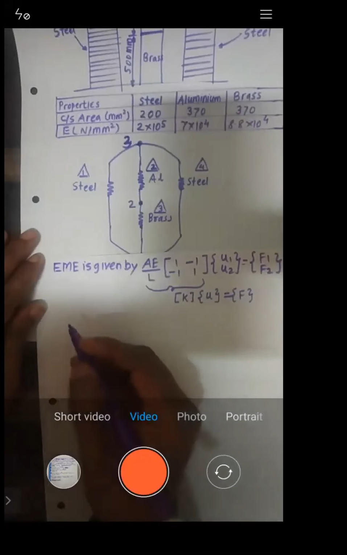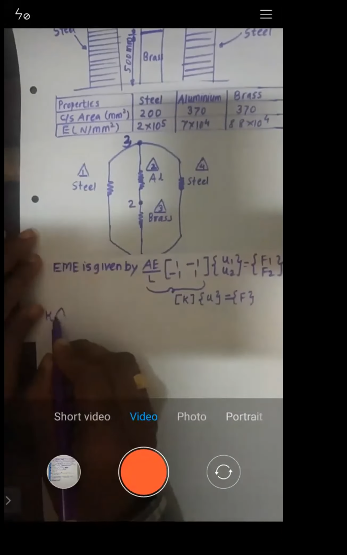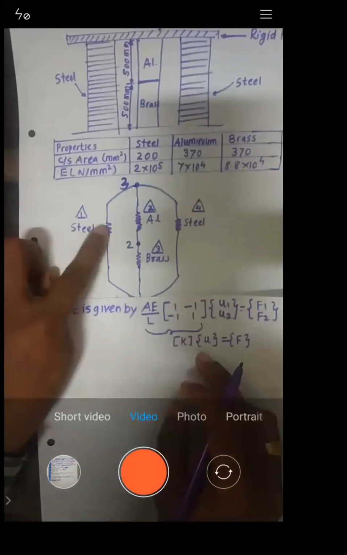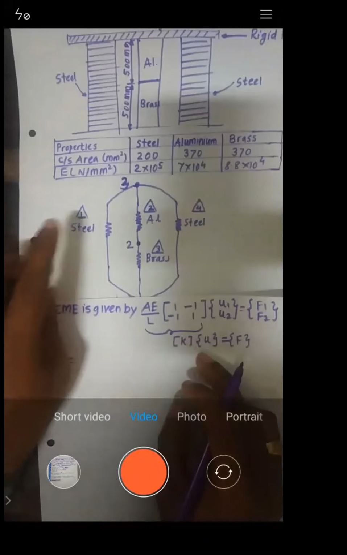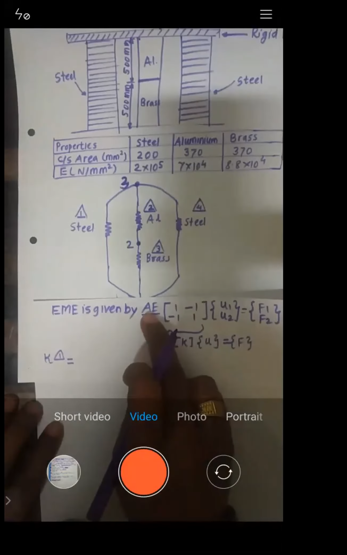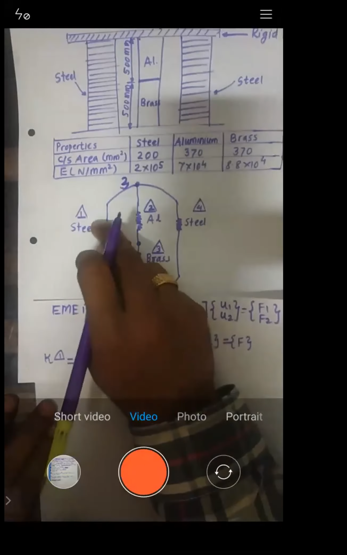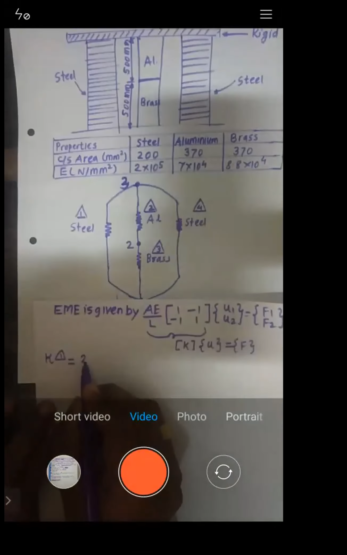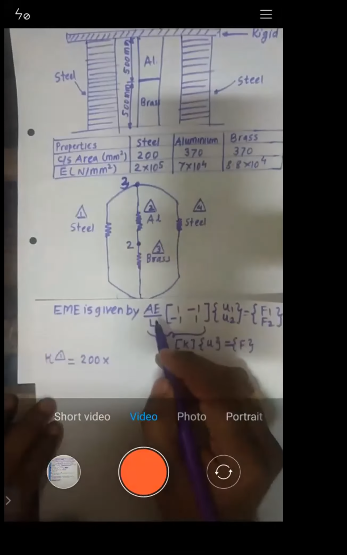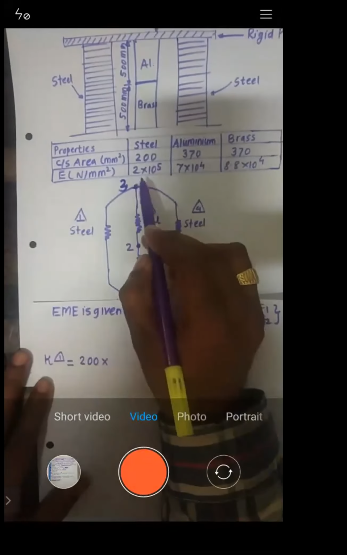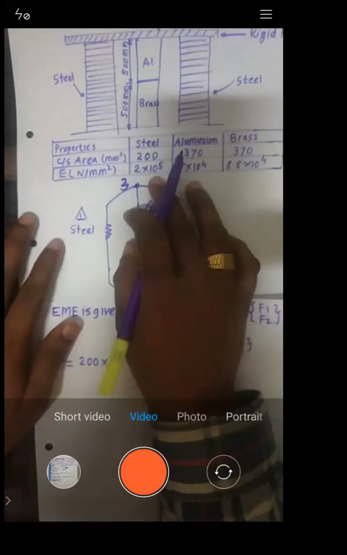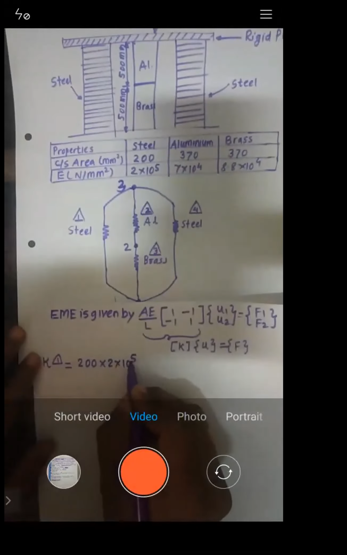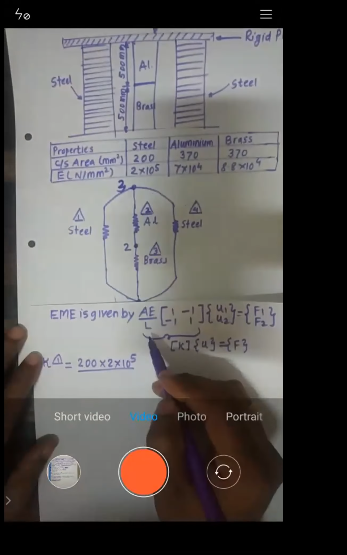Now we need to write down matrix K. See what I'm doing. I need to write down the stiffness matrix K for element number 1. So what is the area of element number 1? It is steel. What is the area? It is 200. Is it okay? Area is 200 into E. What is E of steel? It is 2 into 10 to the power 5, upon